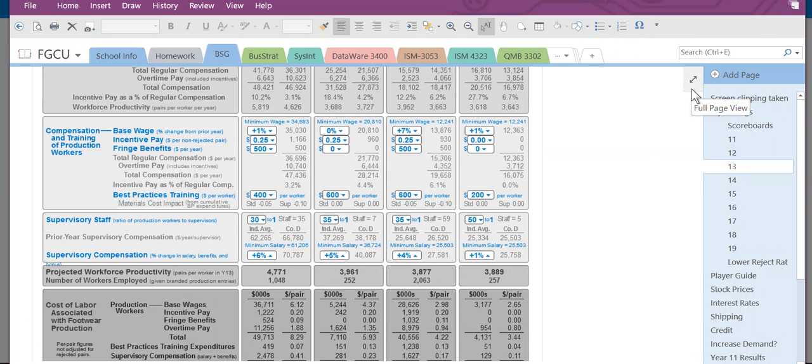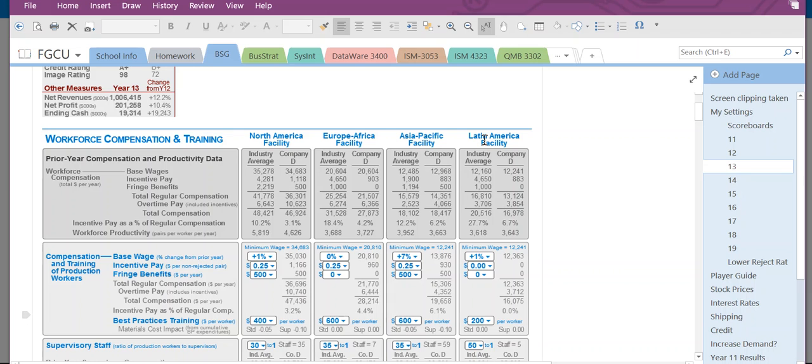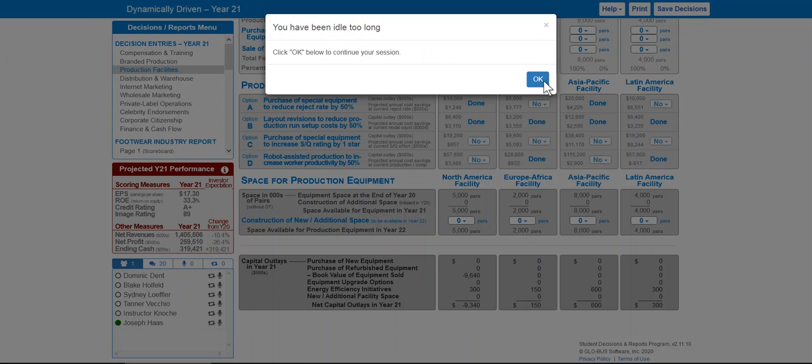Towards the end of the years, we actually did expand in these areas, but we had to wait for overall demand to increase, which in the game of BSG, it did increase every year. And they tell you that at the beginning in the instructions, that each year the overall demand on shoes would increase. So we had to wait for that demand to increase enough